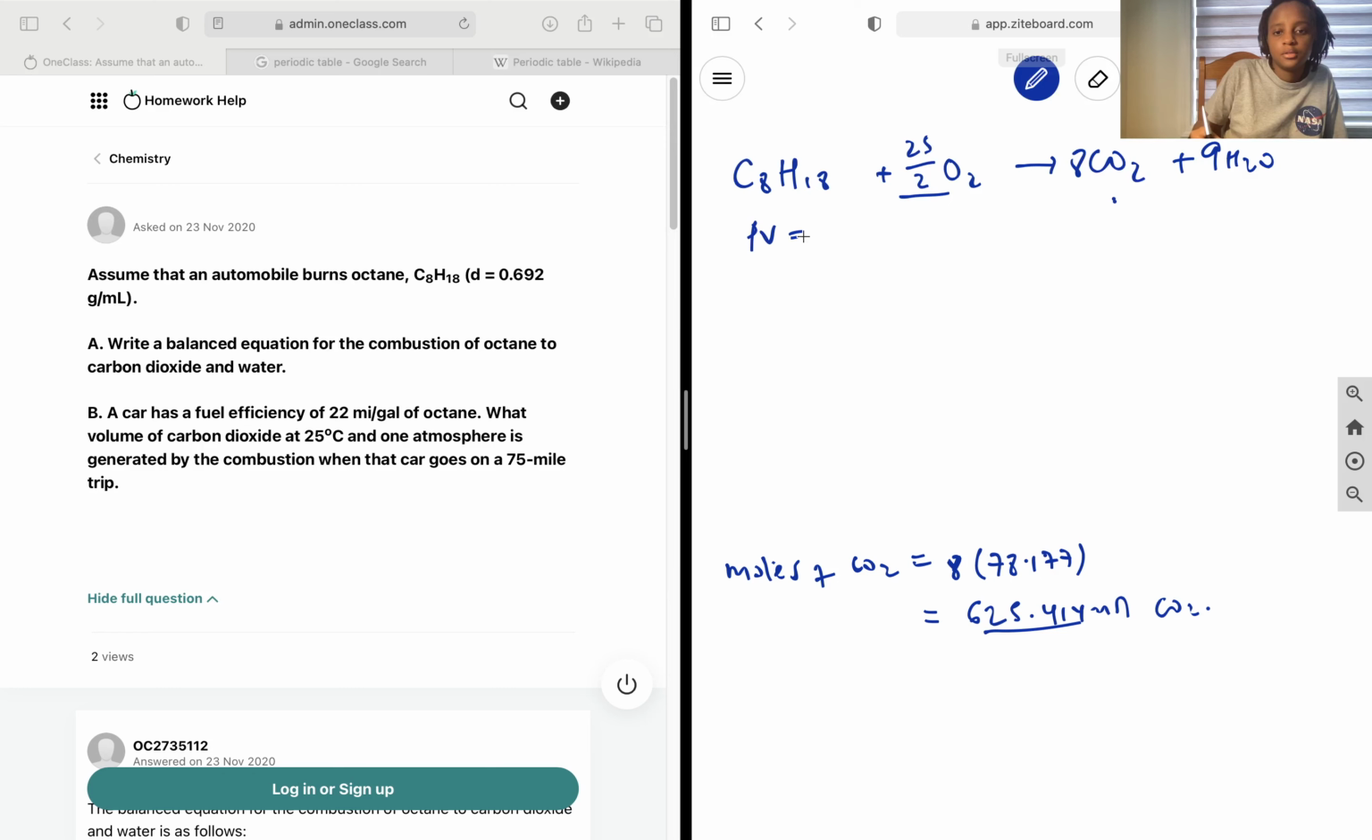So PV equals nRT, which means V equals nRT over P. We're given P, T, n, and R we are going to use. It's a constant. You should also be able to find it on the internet. So V is going to be equal to